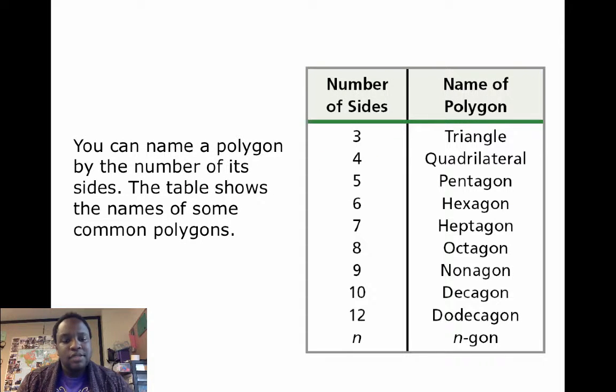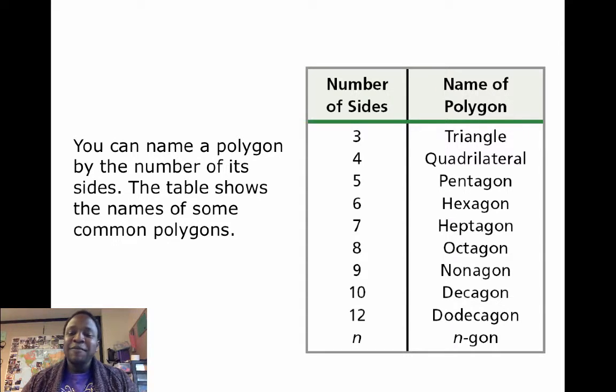So we can name polygons by the number of sides. And so this table shows us different numbers of sides that we can name polygons. So a polygon that has 3 sides is a triangle. We've spent a lot of time with that. 4 sides is a quadrilateral. 5 is a pentagon. So penta is, from here on out, a prefix and then gon. So penta means 5. Hexa is 6, so like a sixagon. Hepta is for 7. Octa, like the octagon in like